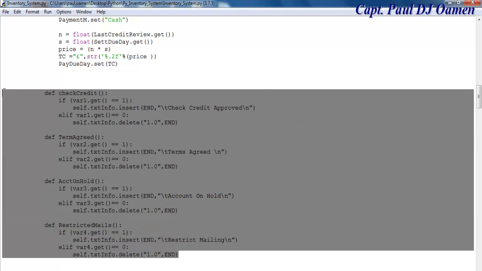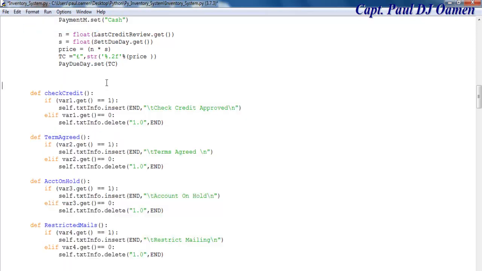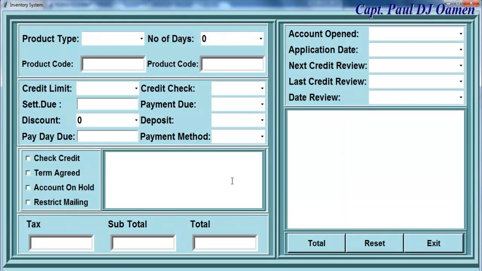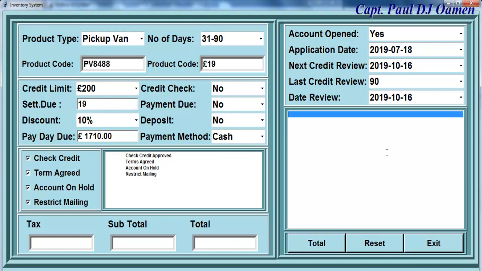Select it all there, and let's come to format, and we can de-indent it. That's it. Let's move the tab back. So let's run it now one more time. There we go. Yeah, it's now working. Everything is working the way I want. So all that is left for me to do now is to take care of the total and display some